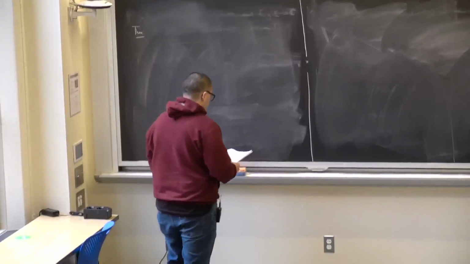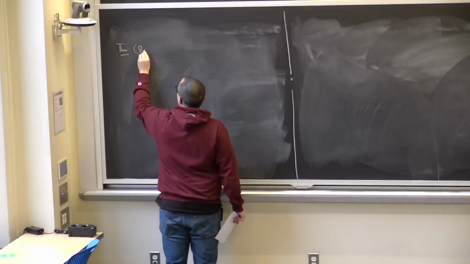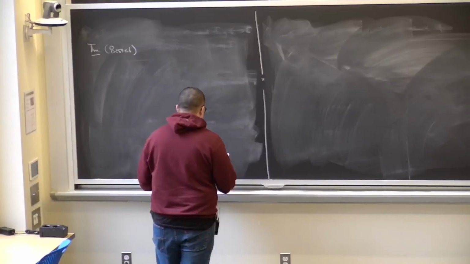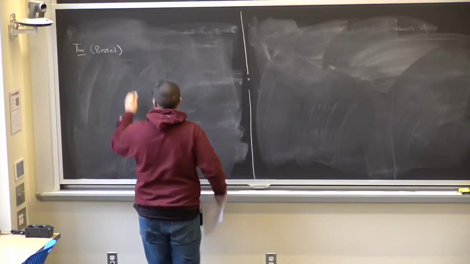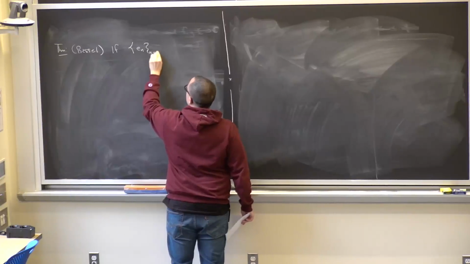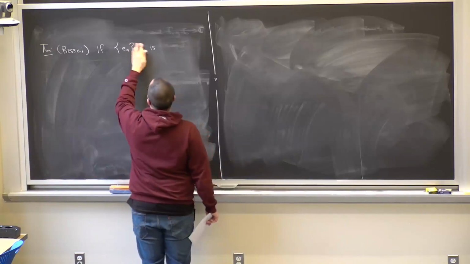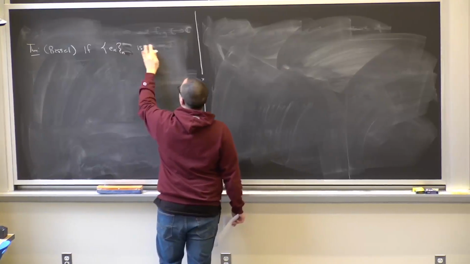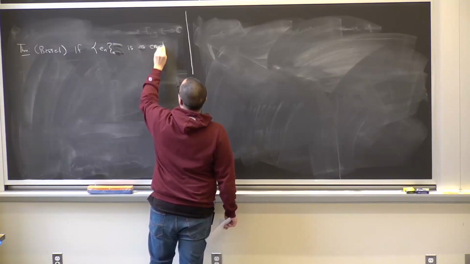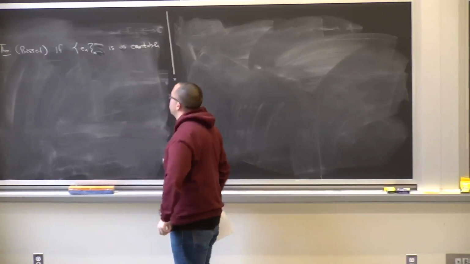Okay, so we have the following Bessel's inequality for countable orthonormal subsets. So if {e_n} is a countable, meaning it's either finite or it's countably infinite,